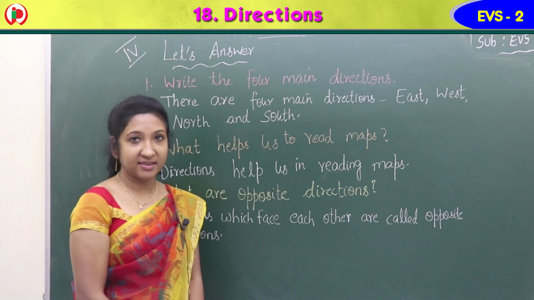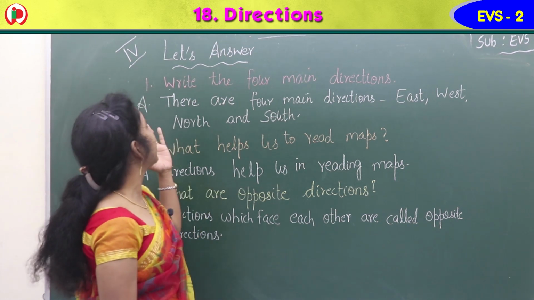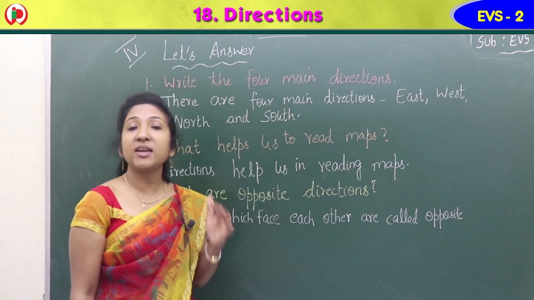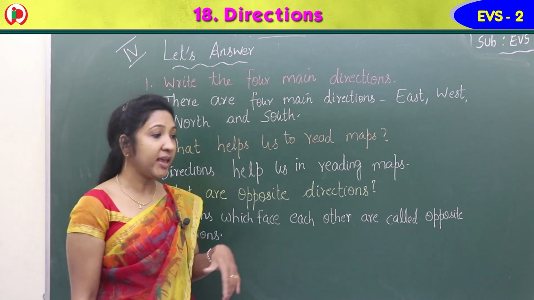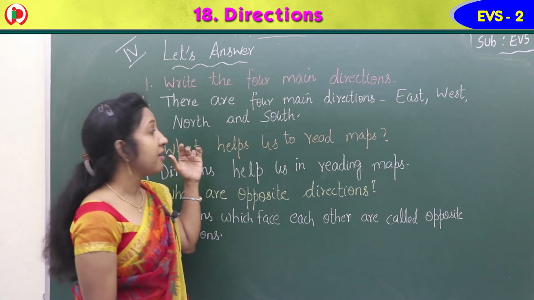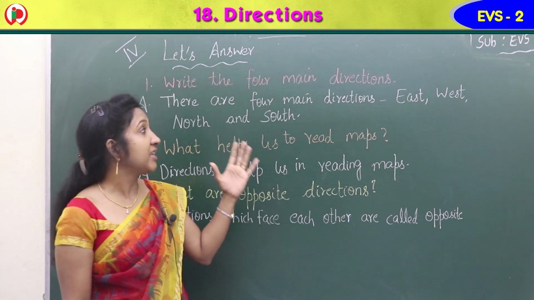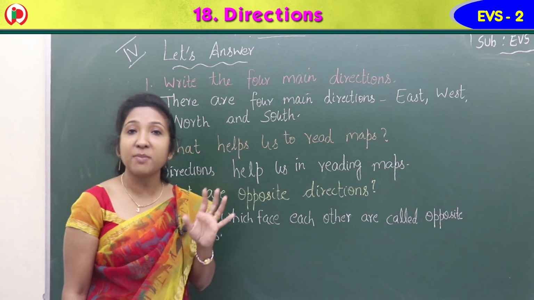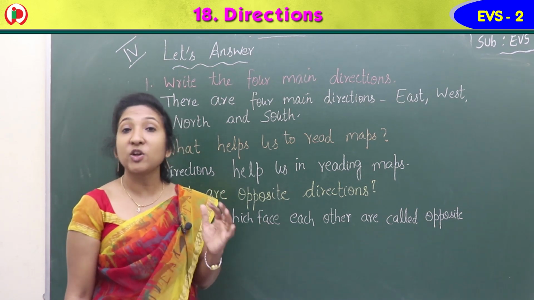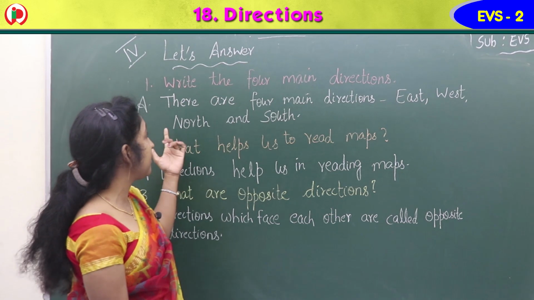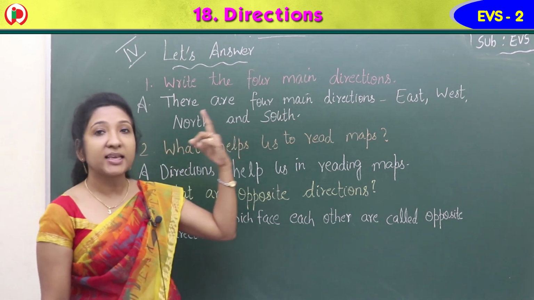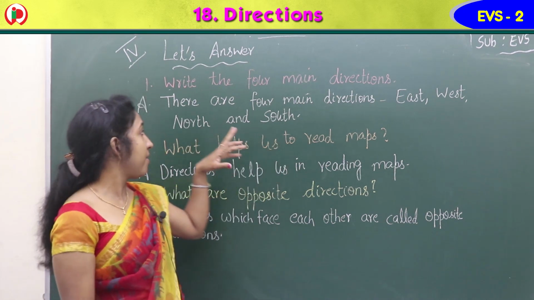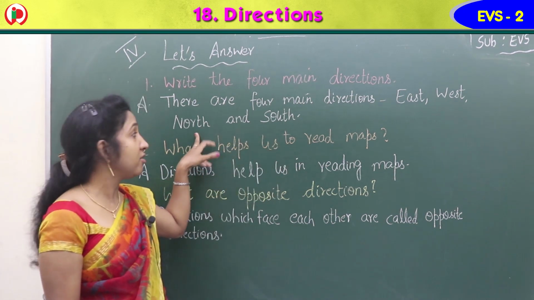Children, so our next exercise in the workbook is exercise 4. Let's answer. There are a few questions given. Read the question and answer it. So the first question is, write the 4 main directions. You learned about 4 main directions: east, west, north and south. So the answer is, there are 4 main directions: east, E-A-S-T, west, W-E-S-T, north, N-O-R-T-H, and